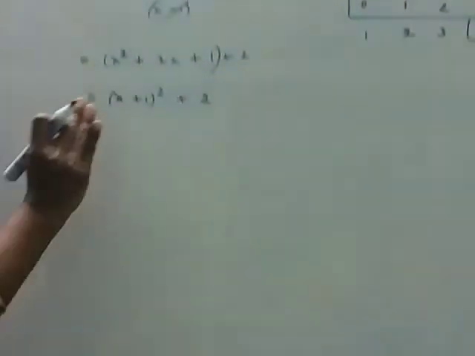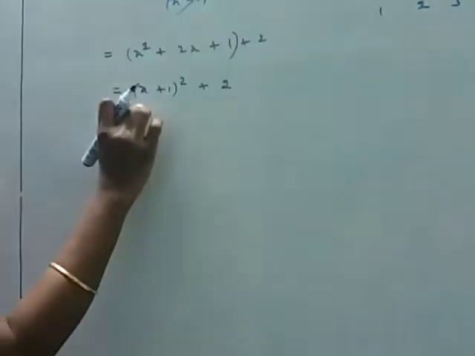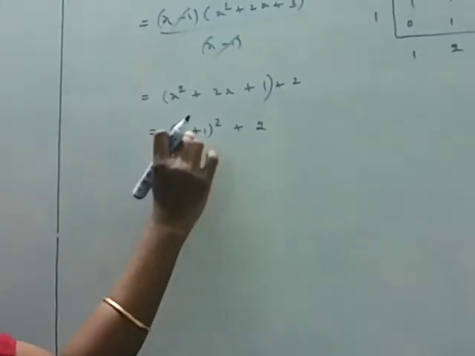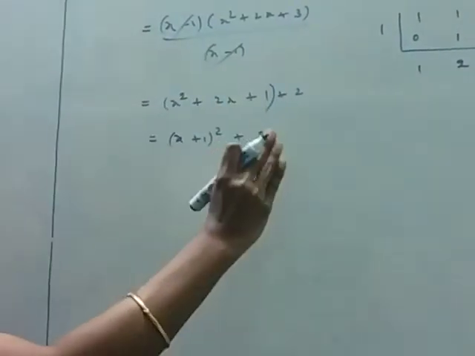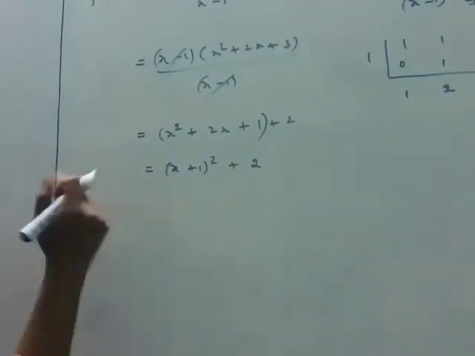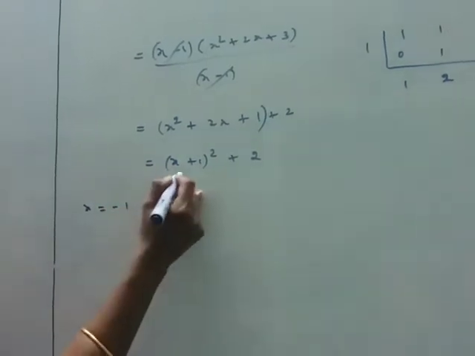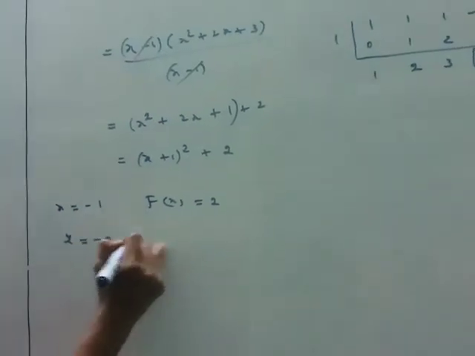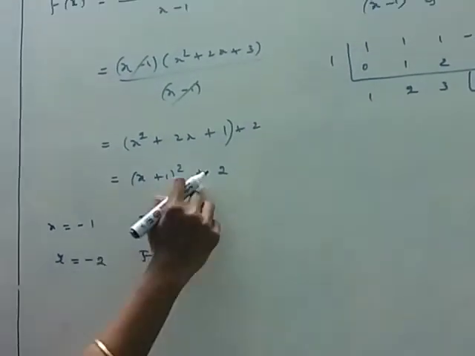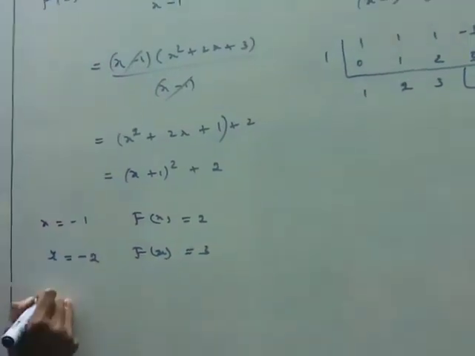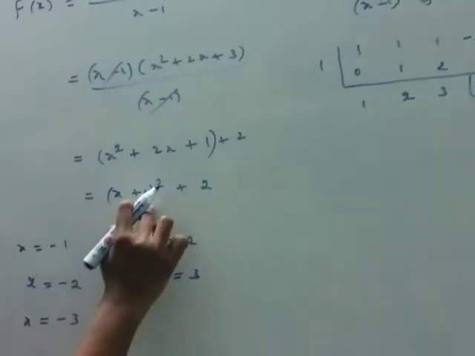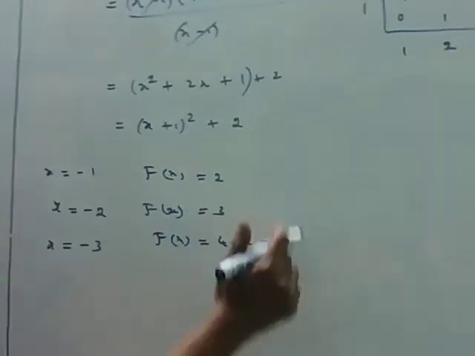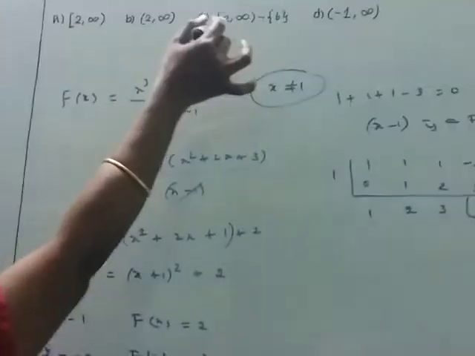So when I am putting positive values, we will not apply 1 directly. So we apply 0, we apply 3, we apply 4, and all of them give positive values greater than 2. Now let me apply negative values and show you. X is equal to -1. So the f of x becomes 2. X is equal to -2. Listen ma, f of x is equal to 1 plus 2, 3. When x is equal to -3, you get -3 plus 1 means -2, the whole square. So here 4 plus 2, answer 6. So 6 is in the element, but there they have given that 6 is not in it. So this interval is not possible.